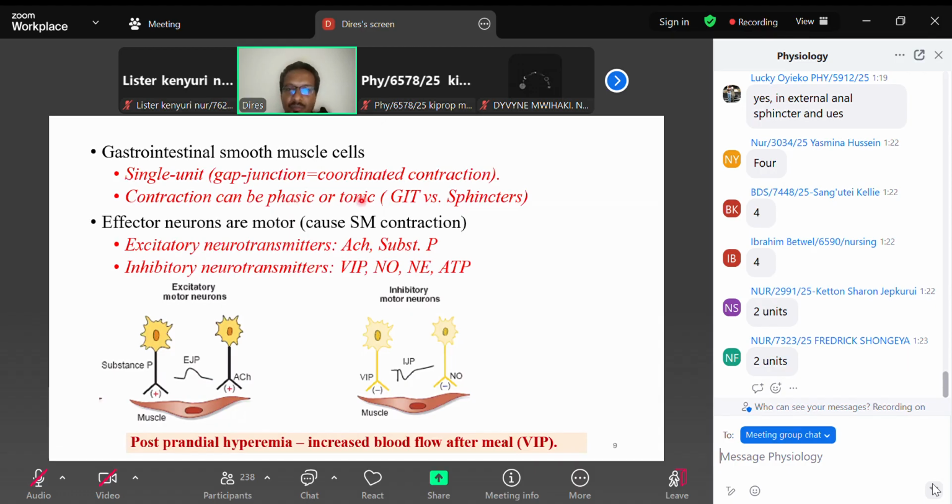Tonic contraction means always in a contracted state, tonically contracted. Where do you find this type of contraction? Always contracted. It opens or relaxes only